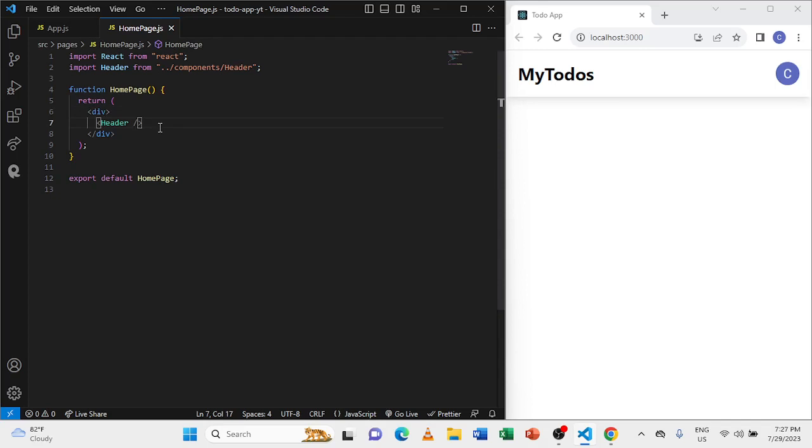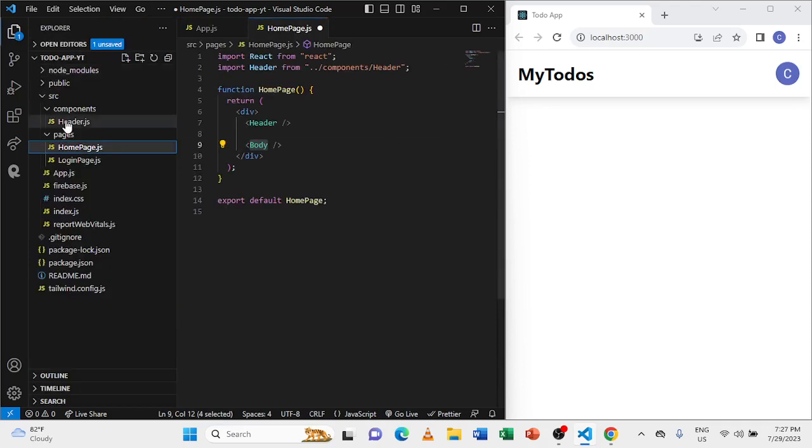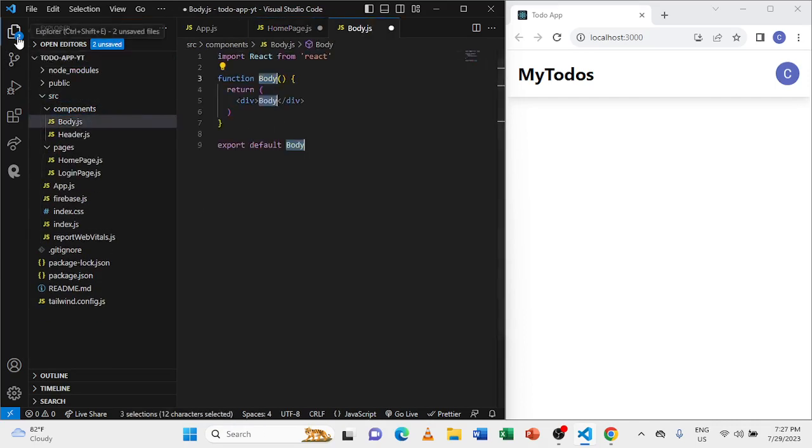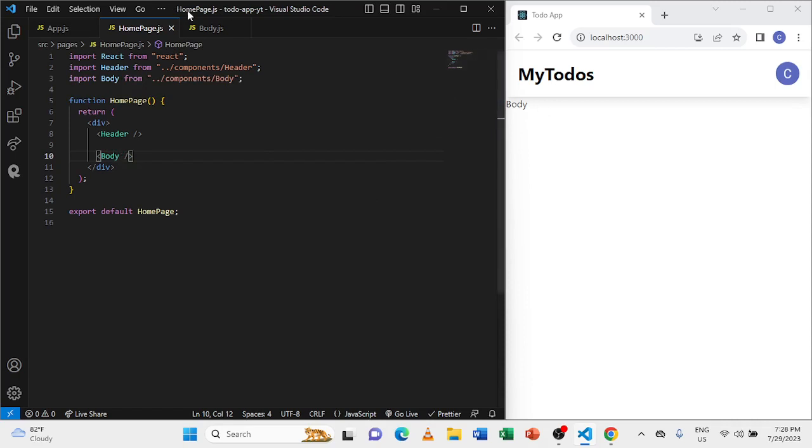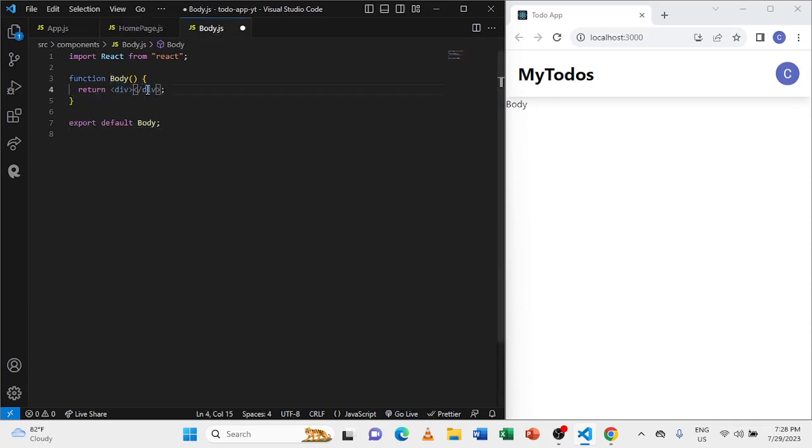So now let's make the body of the page. This will be the body, and make it a component as of now. You can change it into a page if you want. Just import that and it'll show the body. Okay. So for the body, firstly I want a div. I will create a div which will have an h2 tag saying my to-dos,